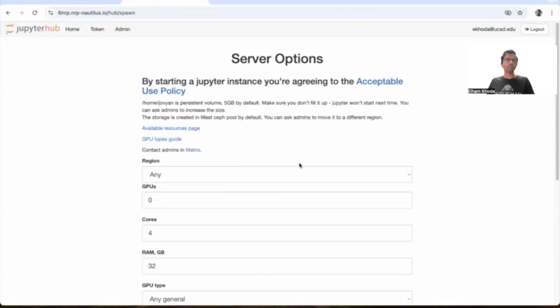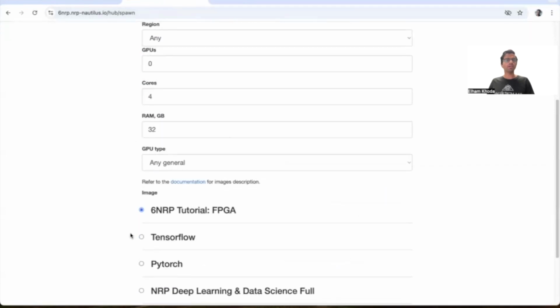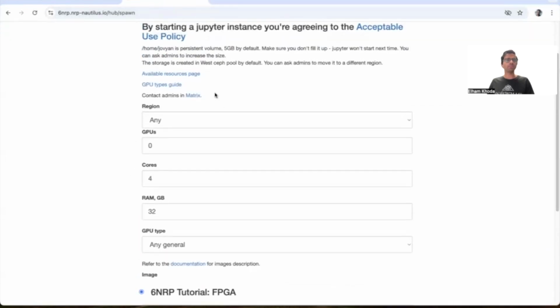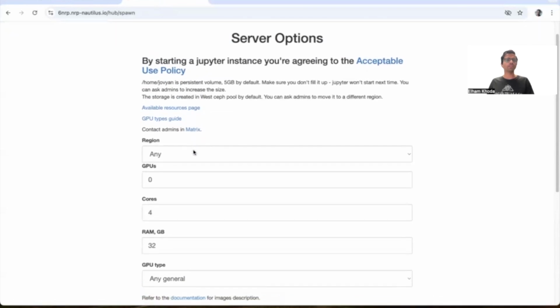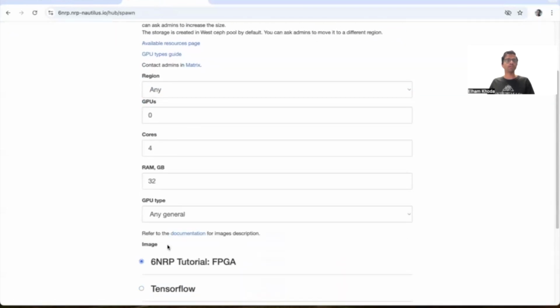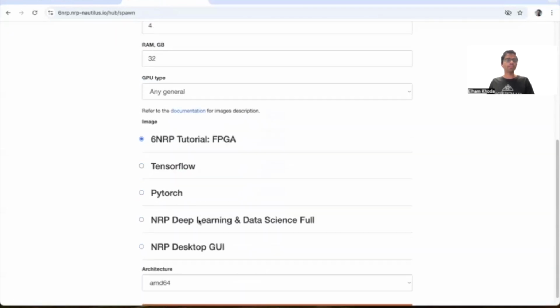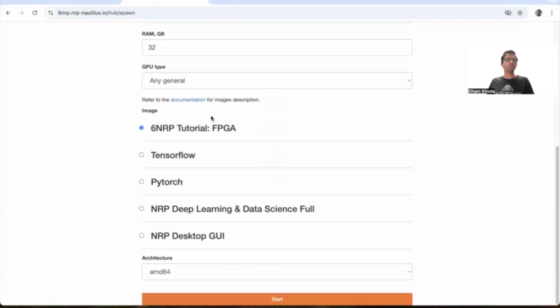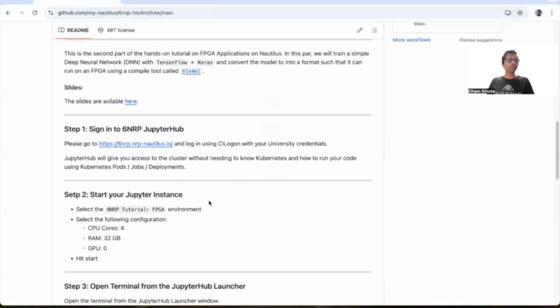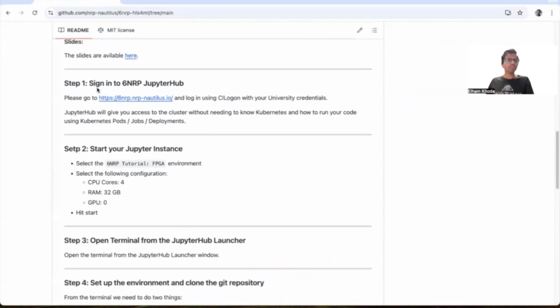Once you go to the JupyterHub portal, you'll see a page like this. At the beginning, you'll see the server options, where it asks you to select a bunch of different config options. Then there's a list of images that you can select, and then finally you can start. Our GitHub notebook also has these instructions written out. So we already followed step one. We went to this